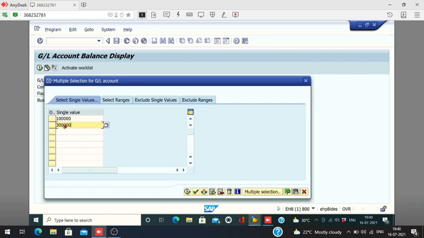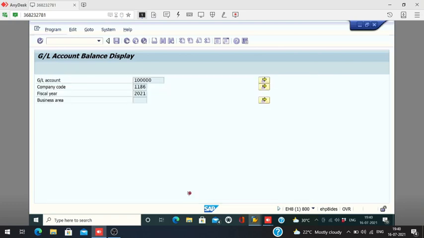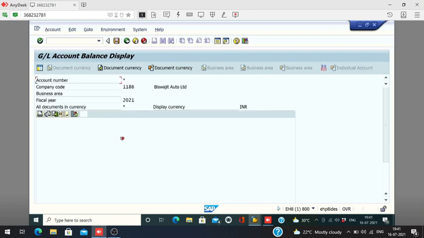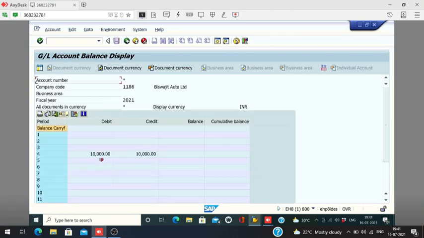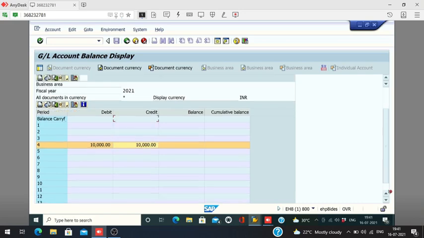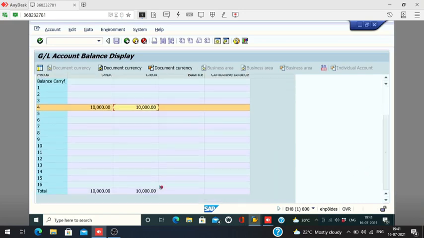Expense GL. Execute. See, this is the in fourth period you have posted 10,000 debit and 10,000 credit. Okay, the total balance.